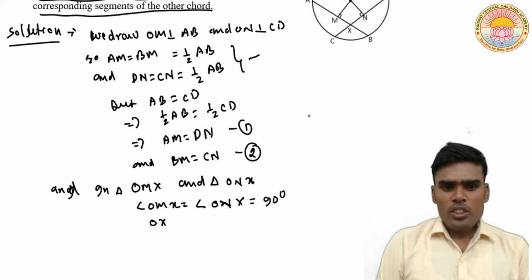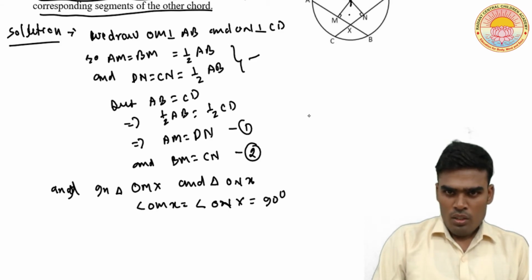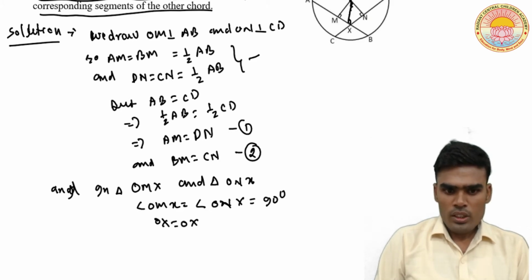And OX is equal to OX, that is the common side. We draw the line from the center to X. So OX is equal to OX is the common side,